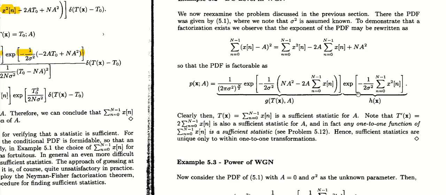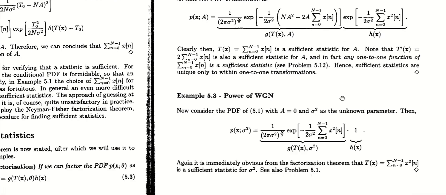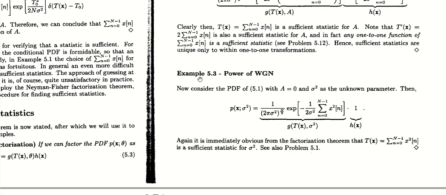Okay, so let's continue from the previous session. Let's take a look at this example 5.3, power of WGN. Now we consider the PDF of 5.1 with A equal to 0 and sigma square as the unknown parameter. Then let's write out the